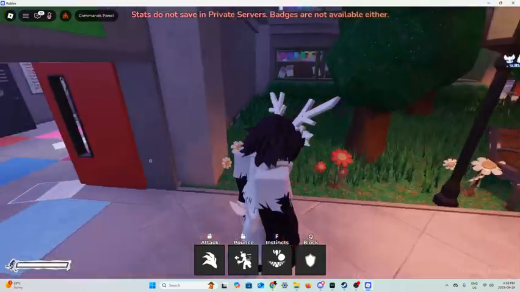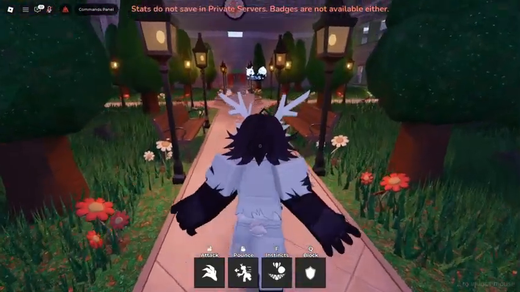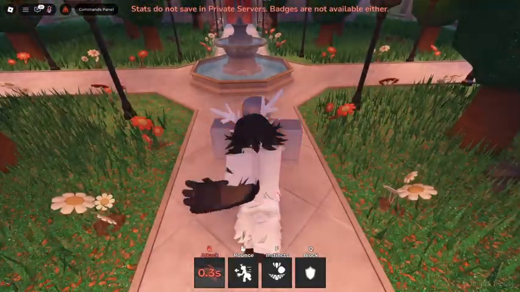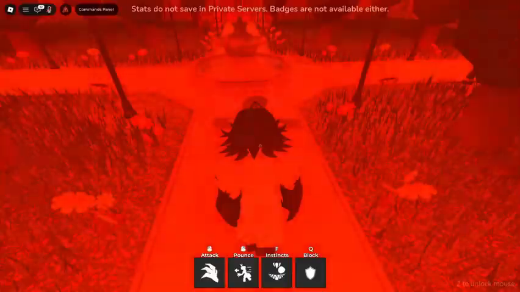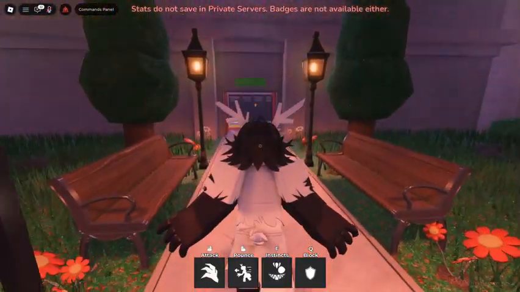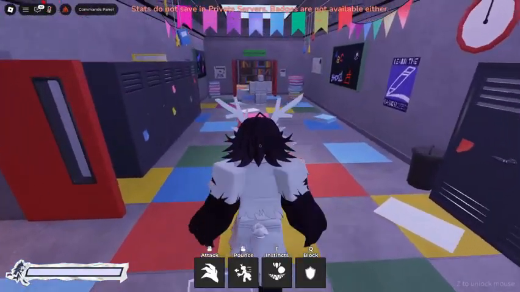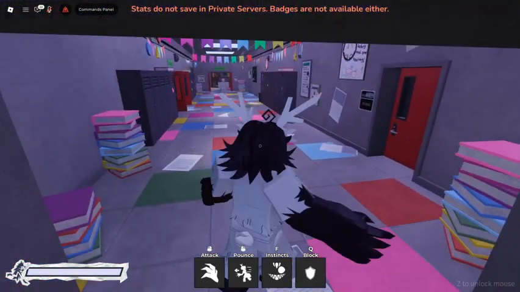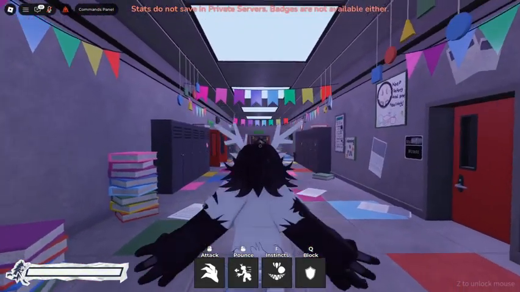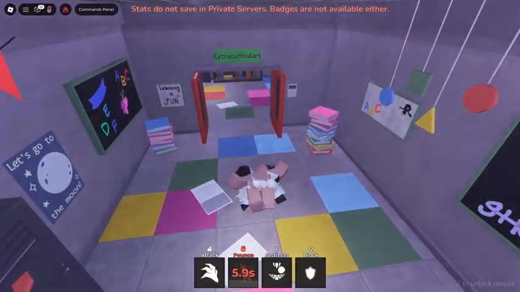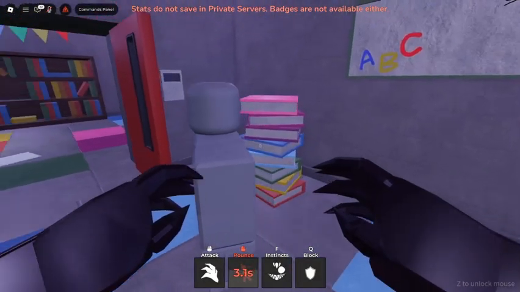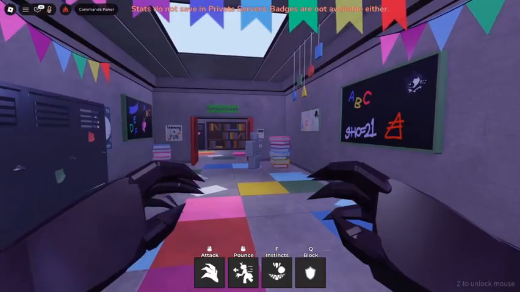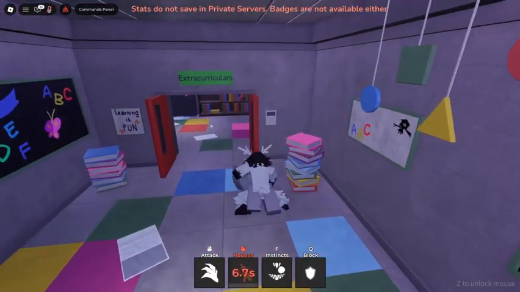Alright, so the next one, like I said, is Miss Thavel. Now, let me show you her basic claw ability. As you can see, she's a 4-shot kill. Now, let me show you her pounce ability. I'm going to show you how far I can go with this pounce ability. Okay, so watch. See, she tackles someone and bites them, and the person struggles to get her off of them. Now, if I pounce on them again, she basically rips them apart.